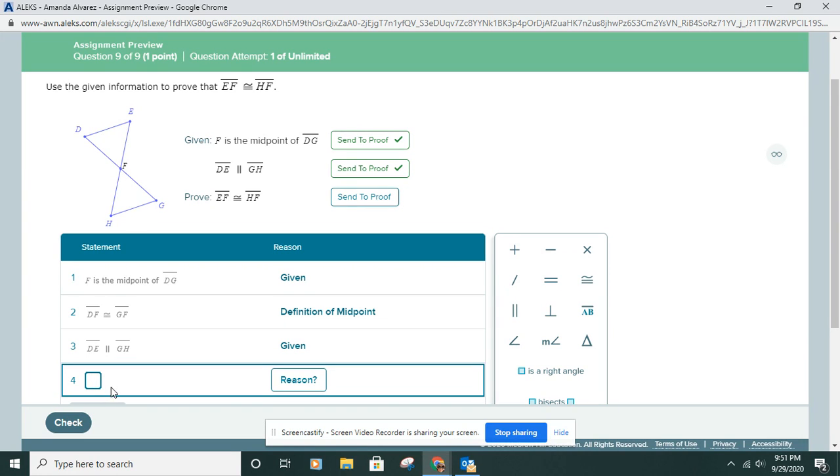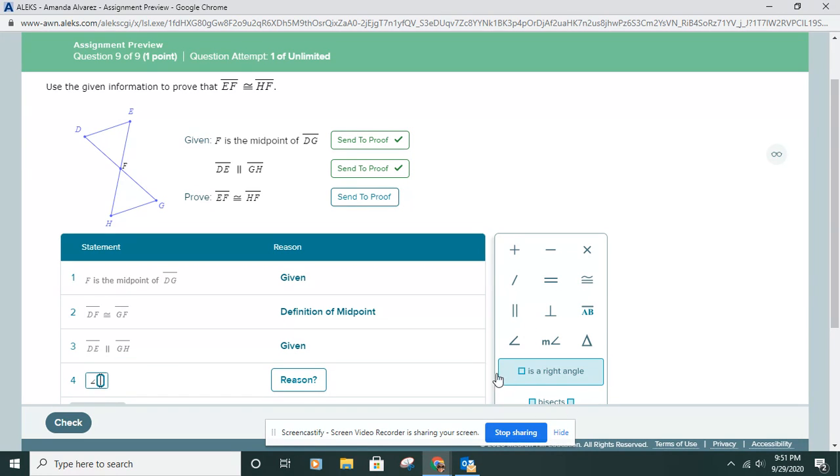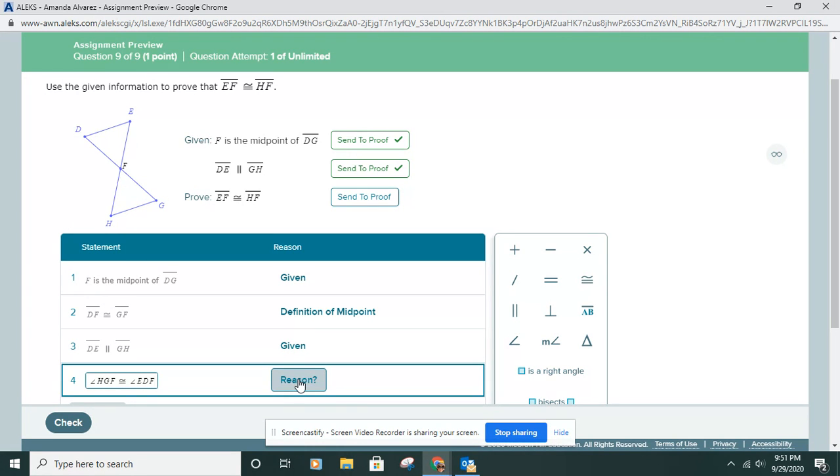So I want to plan that so that I can get it correct. So given the parallel lines, I can then say that angle HGF is congruent to EDF. And the reason would be